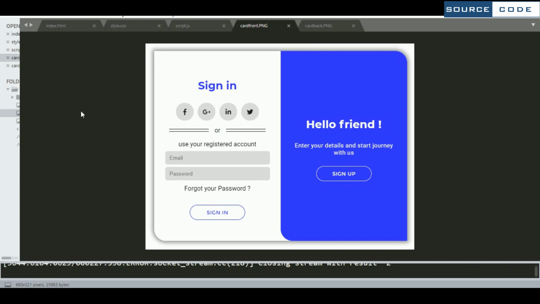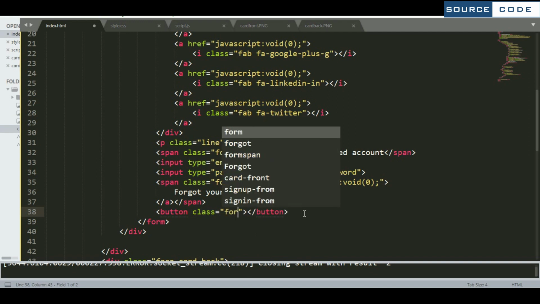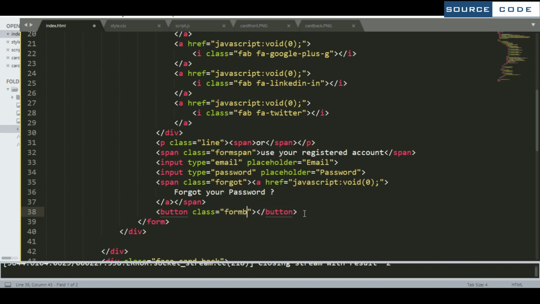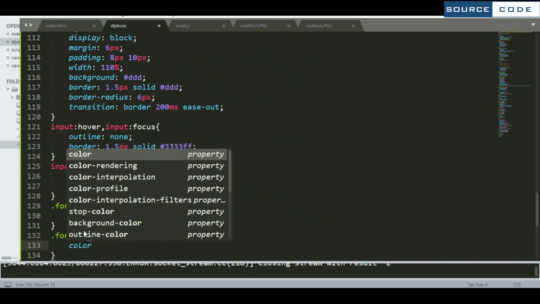So come to the HTML part again. Make one class here, that is form button. Now copy this one. Come to the CSS part. Now we need to give a color here.